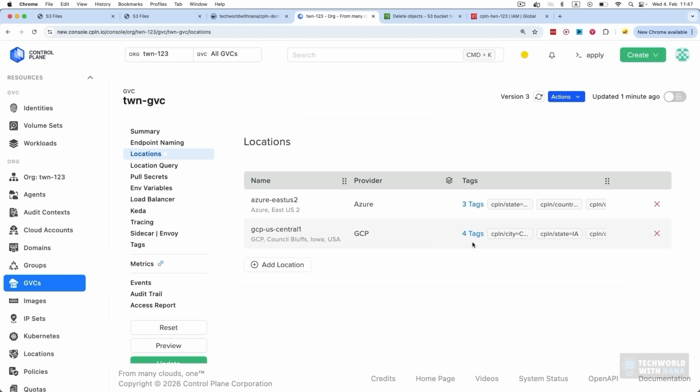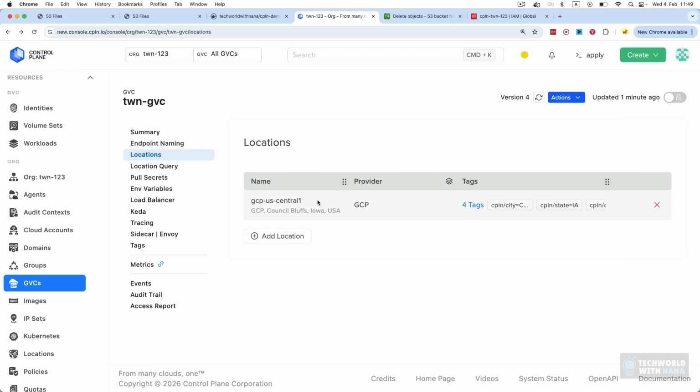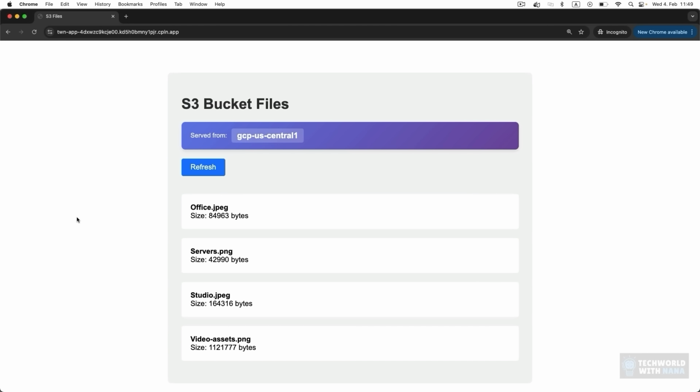Let's say AWS has a complete outage. So all the regions are down. Azure has an outage. So everything is completely crashing, but we still have one cloud provider that is up and running. And that means only one cloud provider is running our application. It takes a little bit of time, but we see that the application was now served from GCP, which we simulated is the only cloud up and running. So we have that failover in case something happens to other regions or other cloud platforms. We can still leverage the third cloud provider to still have our application available.